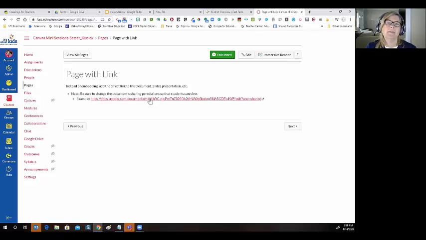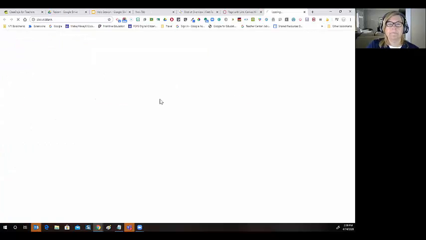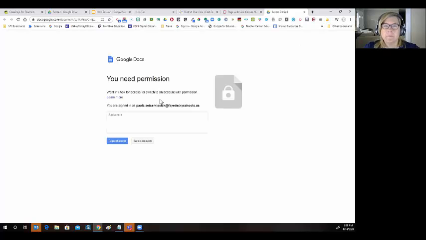Remember, I said this is a temporary workaround while whatever it is going on either gets fixed or gets sorted out in some fashion. So in this case, you can see that I put a link to a document. So I'm going to click on it, but there's a problem. So keep in mind that whenever you have to resort to a direct link in Canvas